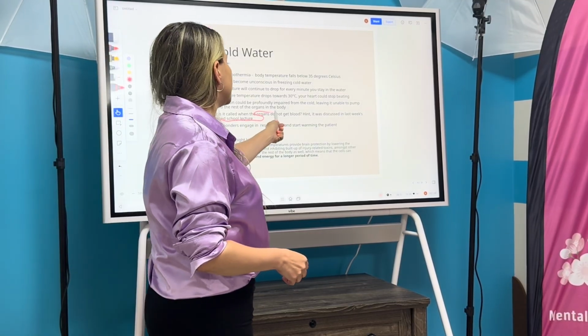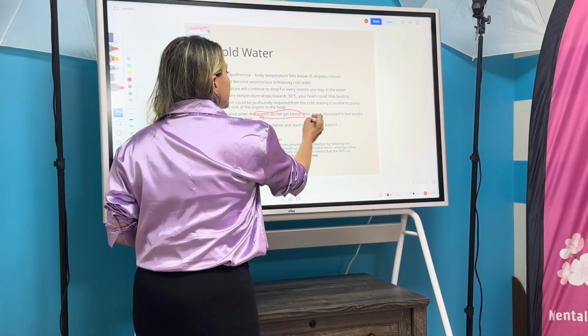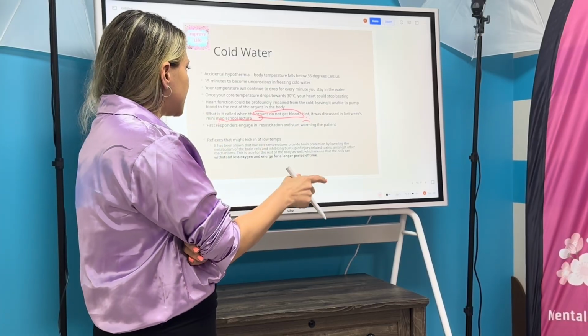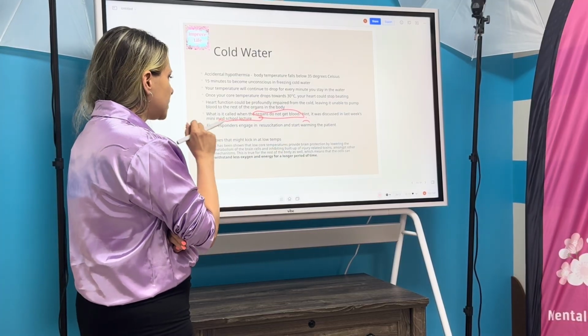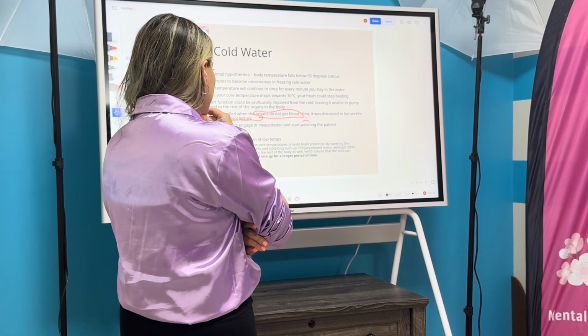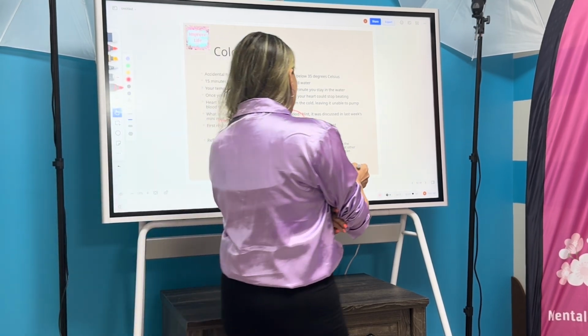When the organs do not get blood, that is a bad thing. It makes your organs very sad. Look at that. Okay, now first responders engage in resuscitation and they start warming the patient. And I'll tell you how they warm patients soon. You're in suspense. Holy moly, we're only halfway through. I gotta speed this up. Okay, reflexes kick in at lower temperatures. We'll just skip that, but